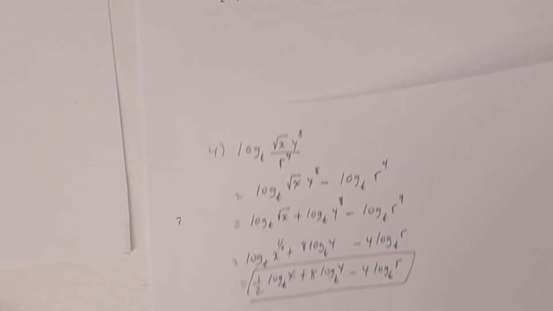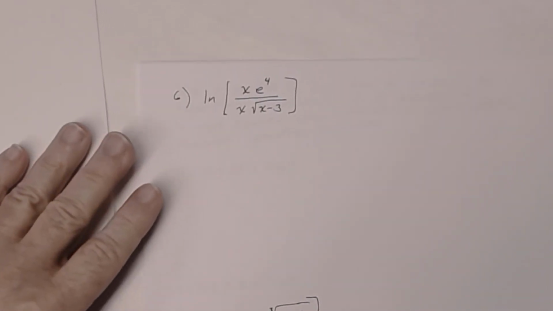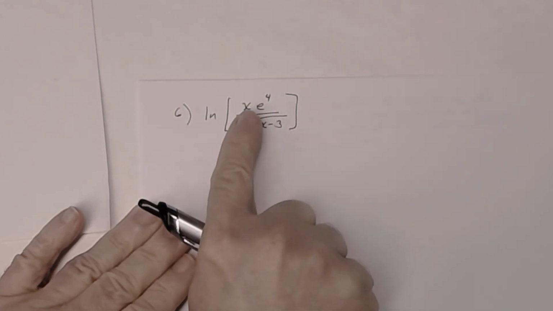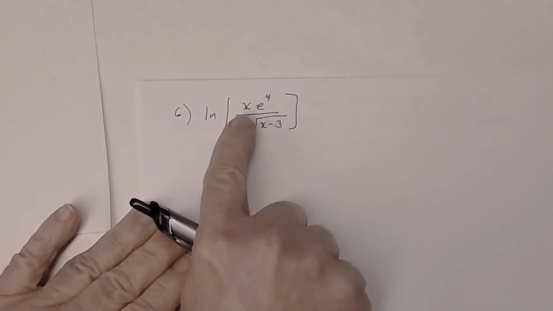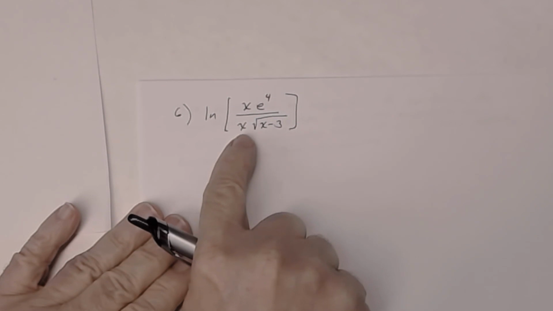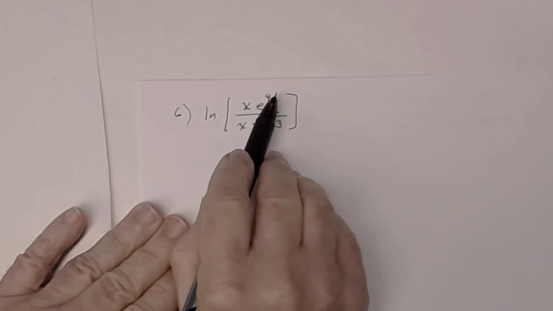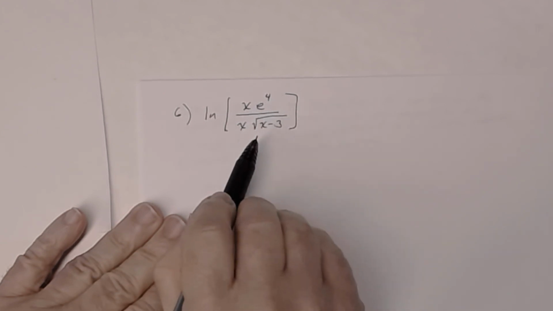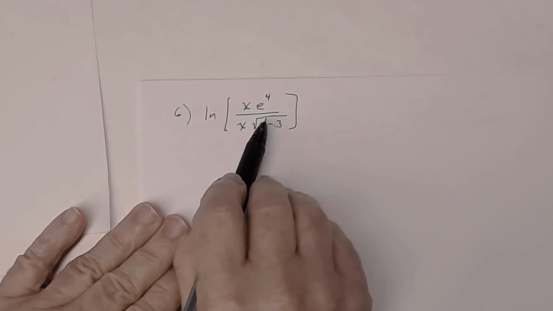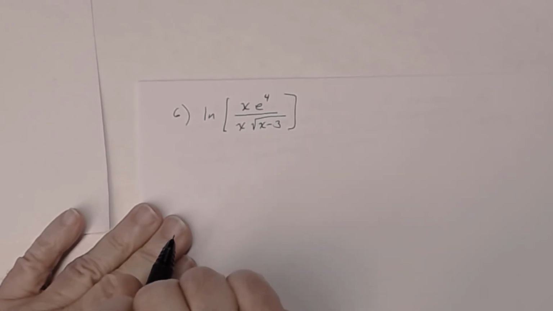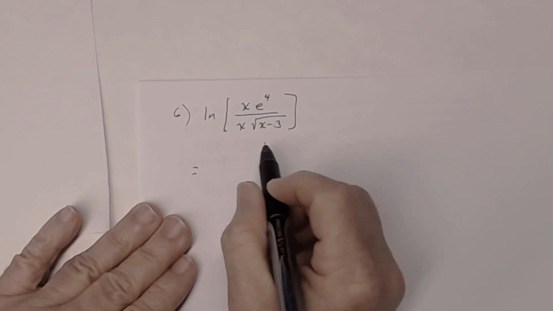All right, number 6. Now, it looks a little bit more complicated, right? But it's not. Let's just think about this. Notice I have a quotient and I have products, and this time I have a product in the numerator and a product in the denominator. I also know that I'm going to use a power rule. I have a 4 here, and I also know that I can change radicals to rational exponents. All right, so let's go ahead and use the